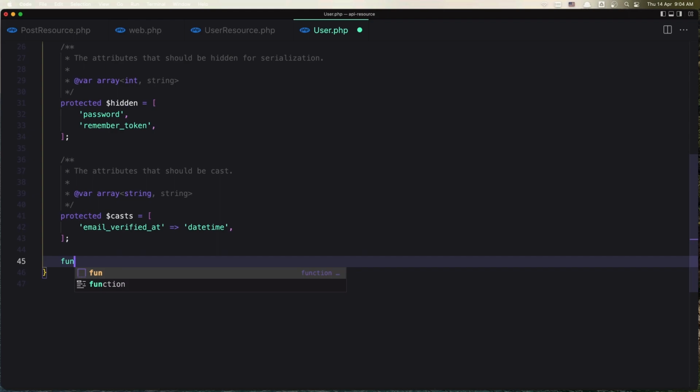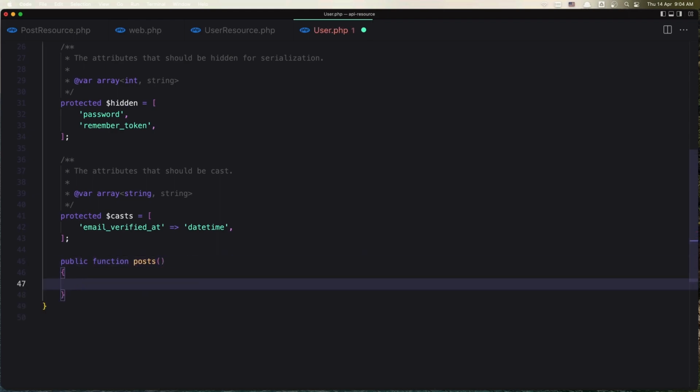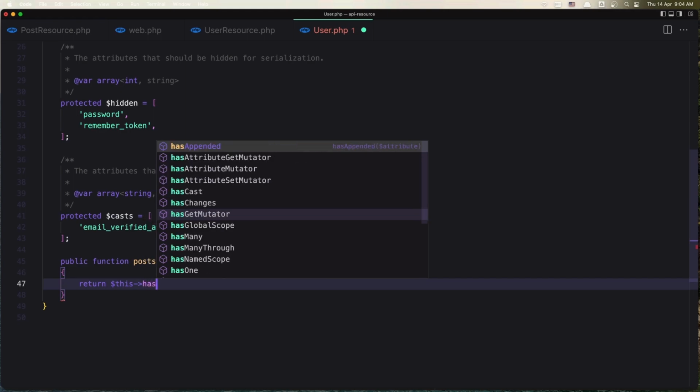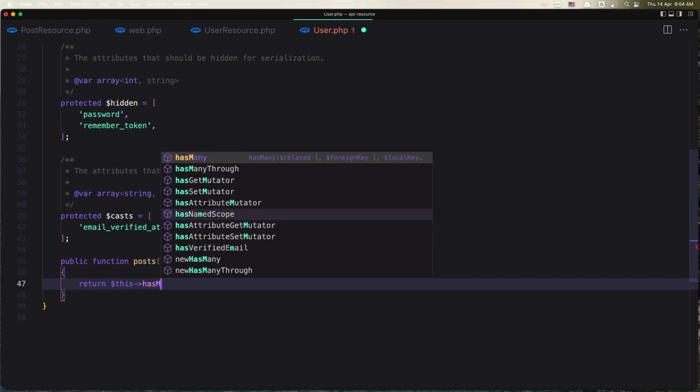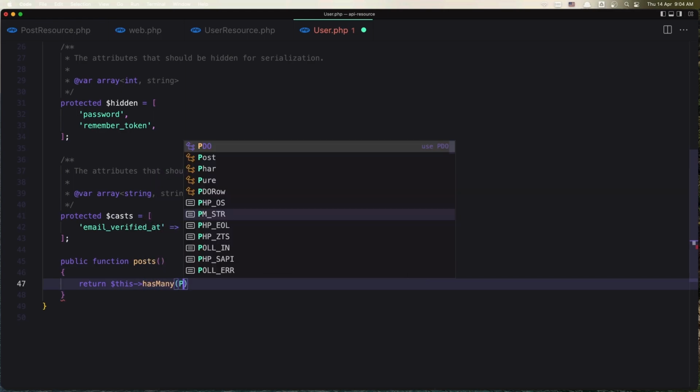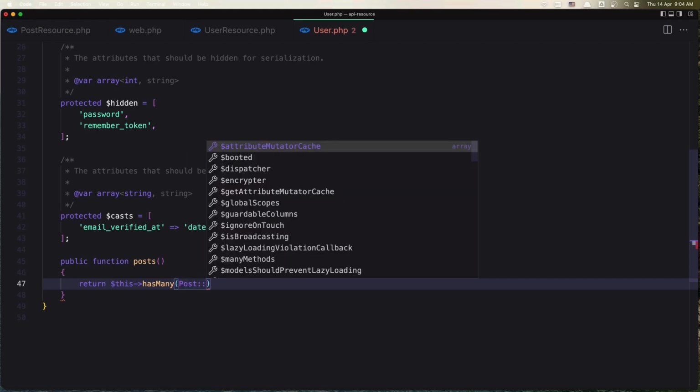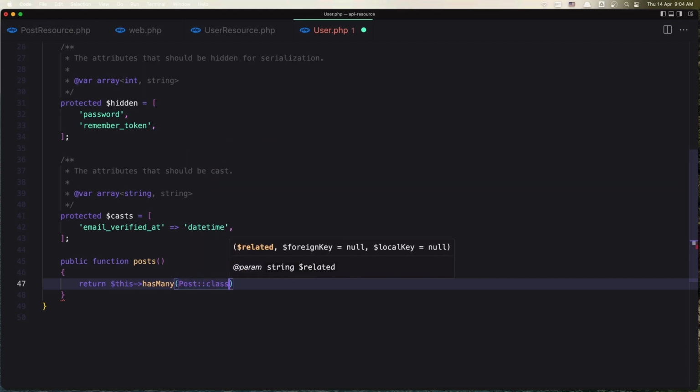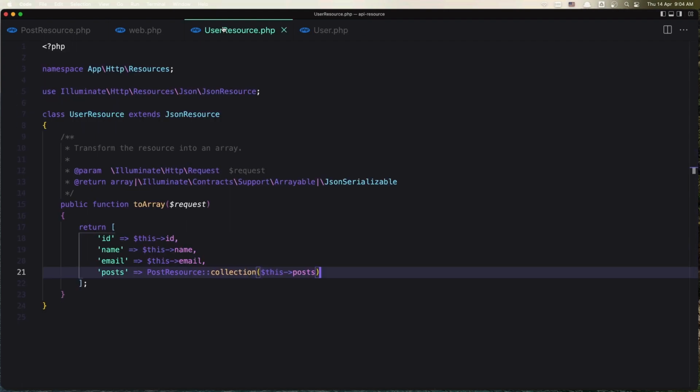So function posts and say return $this->hasMany(Post::class). But with that, okay, with that now we have made